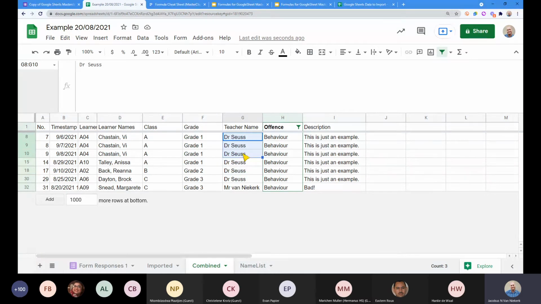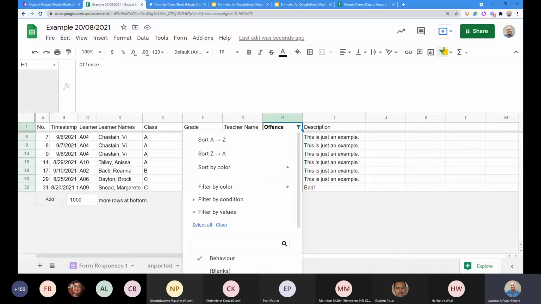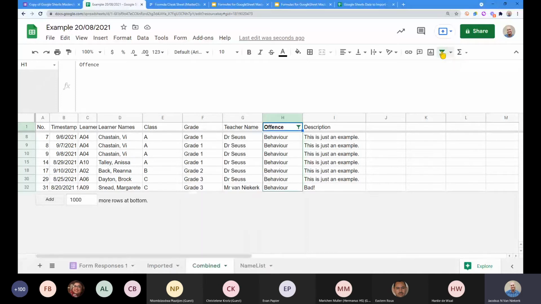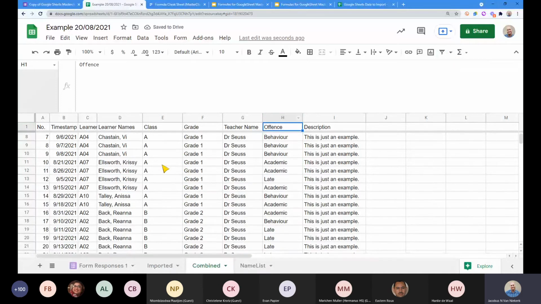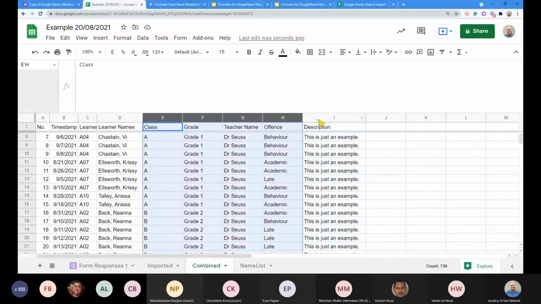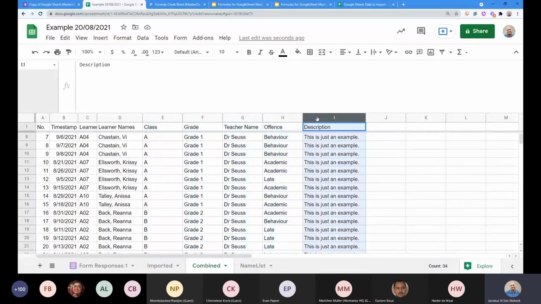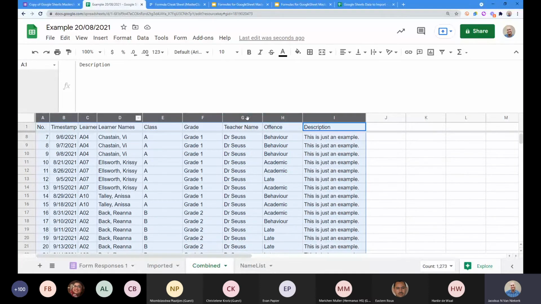Now, if I just want to turn off the filter, I just click on that again, and the green filter icon goes off. And you can play around with this a lot. What's quite cool is that quite often when you apply filters, you just select everything. So if I select everything and press the filter, create filter, you'll see every column now has a little filter icon next to it. So now I can go and get very, very specific on these things.